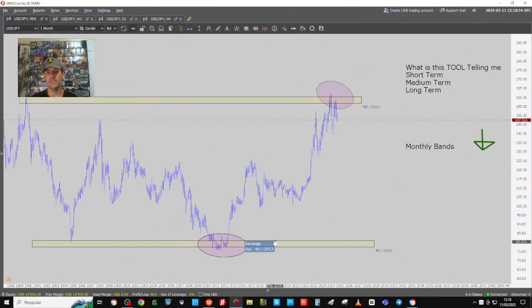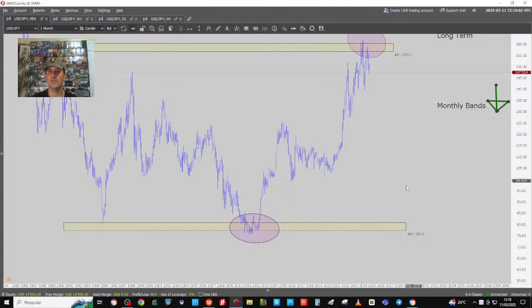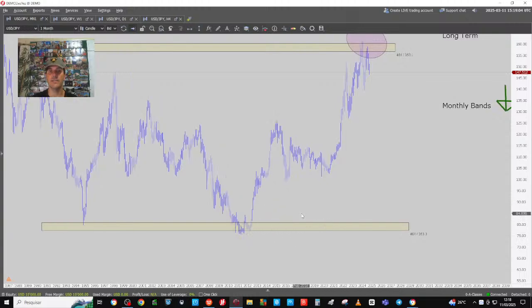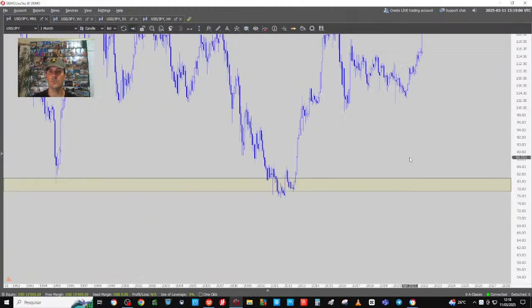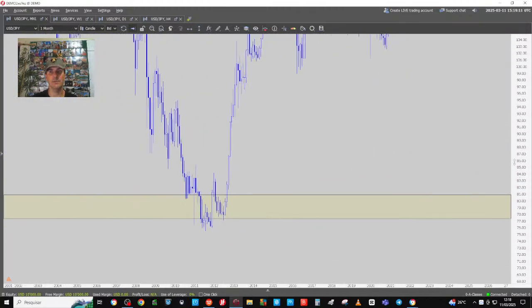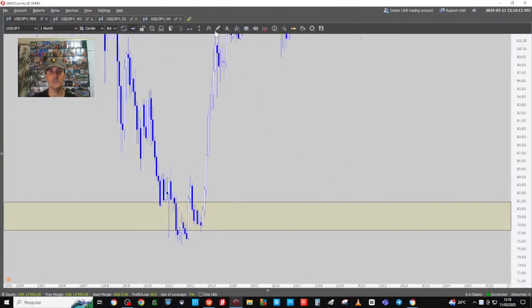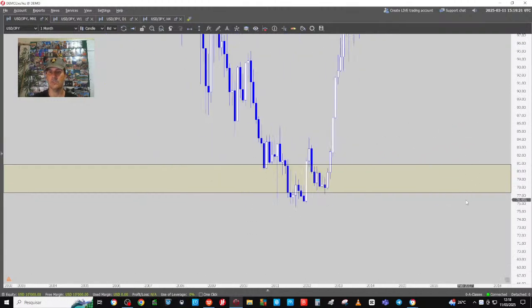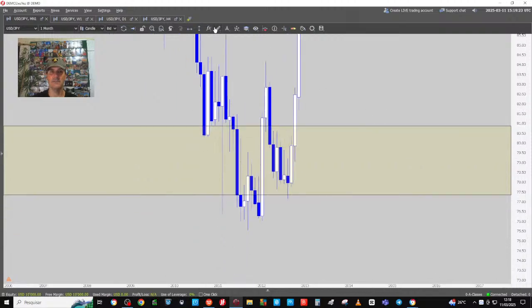It's common sense that everything starts from the monthly band, and the monthly band is pushing down. So for me to see how the market is going to progressively break trend lines, we need to start on the lower, not on the daily maybe, but on the monthly and the weekly. It would make sense that we should start to chart. And remember, I need to zoom in. I must not break tails. So I'm going to use the long line to help myself. I'm going to connect those two.